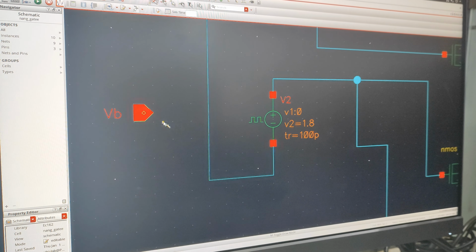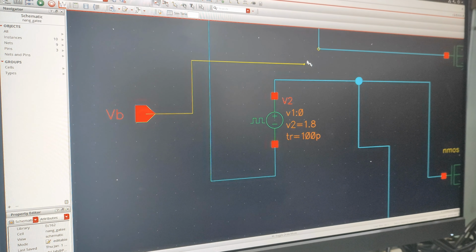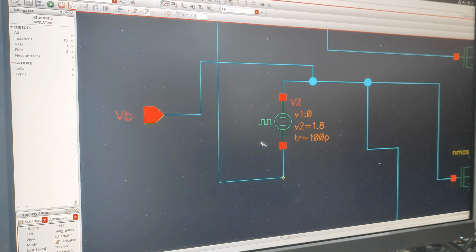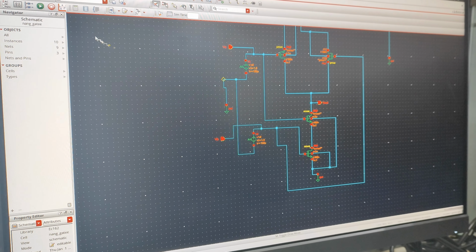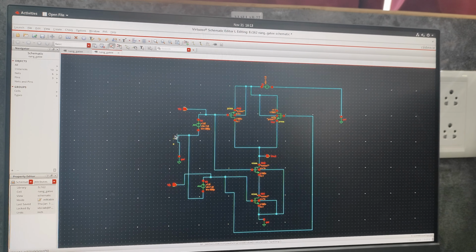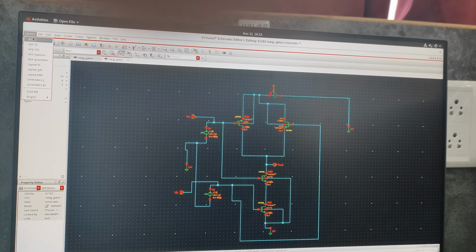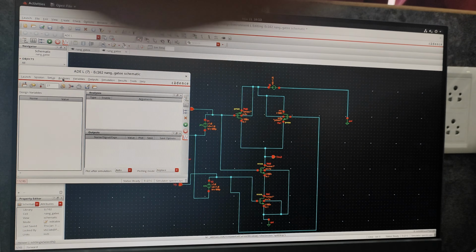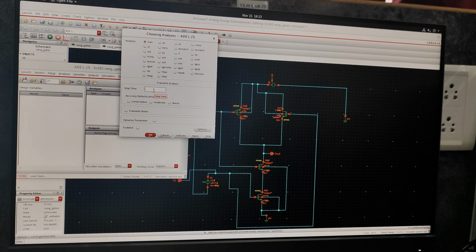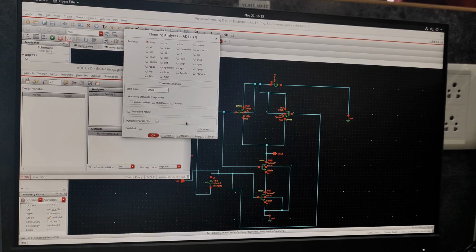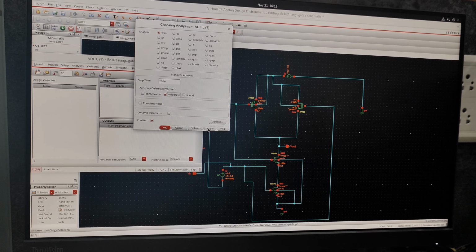Similarly, come at the bottom, click on VB, come to the pulse generated by V2, select over there. So these are the terminals you have to select properly for the inputs and for the output. After making up the circuit, this is for a NAND gate, then you have to click on launch, go to ADE L, click on analysis, click on choose. It should be in trans, then give it as 200 nanosecond, click on moderate,